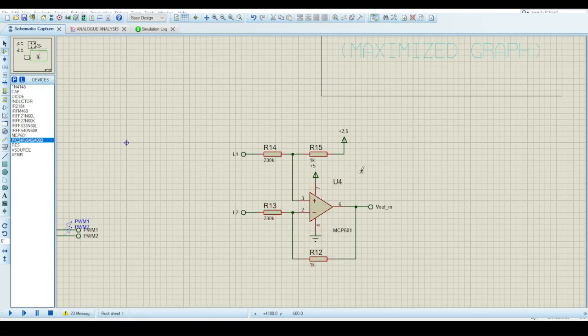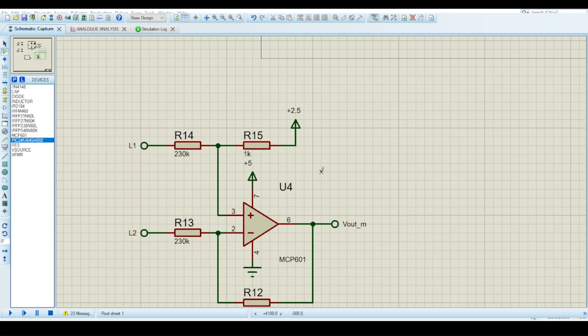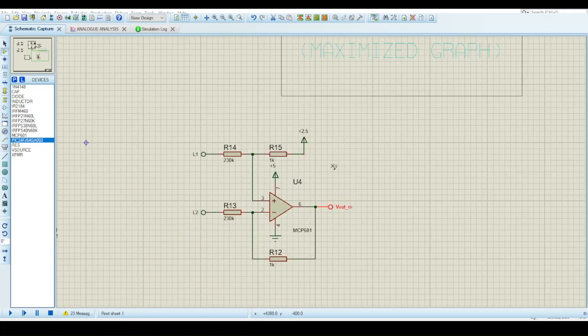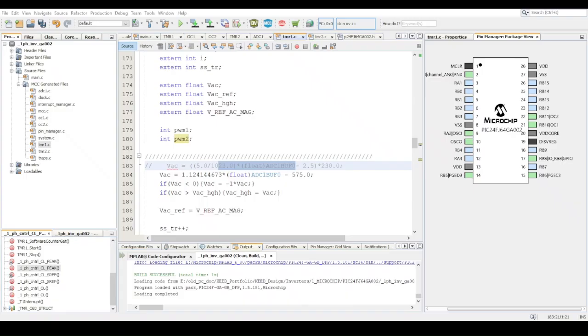So essentially, our output voltage has been decreased by a factor of 230, and that output obviously goes to the N0 pin of the microcontroller. All right, and just going back to the main code. So that's what the actual hardware sensor is doing in this case. The microcontroller gets this value on a scale of 0 to 5. And to convert this back into an actual voltage,